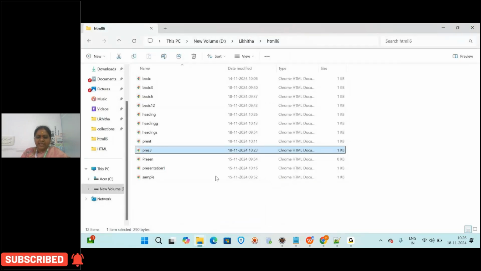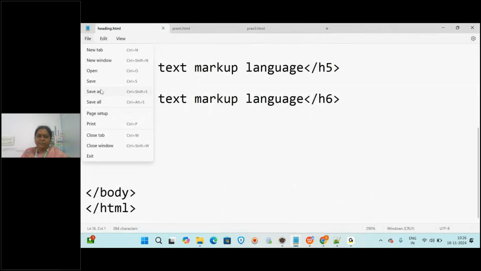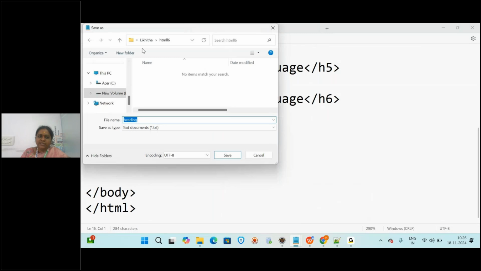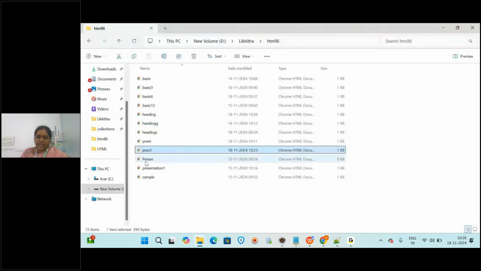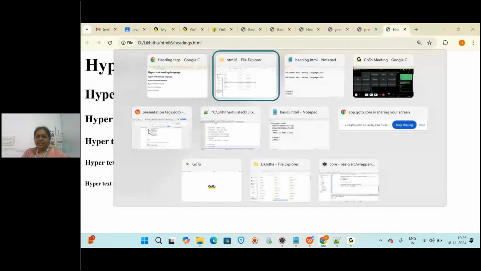When you say Save As, it will ask you where to save, and you have to remember that. I saved in D drive, Likita, HTML6. So I am opening that location and just double clicking it, and it opens in the web page. Clear?